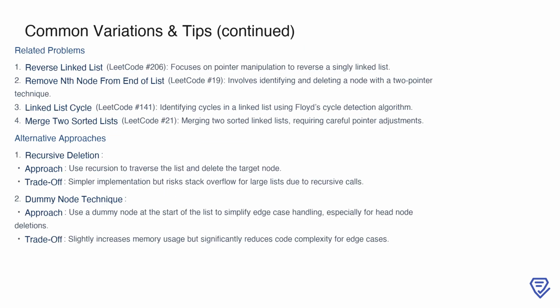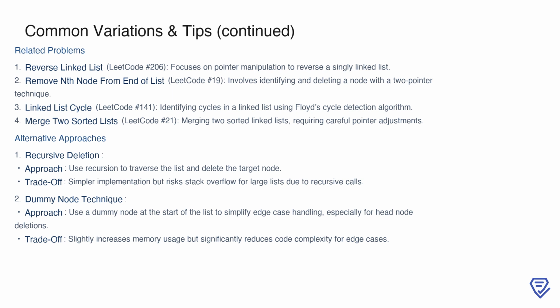Linked list problems often overlap in terms of techniques and concepts. For instance, reversing a linked list, as seen in problems like LeetCode number 206, relies heavily on pointer manipulation. Similarly, removing the nth node from the end of the list, such as in LeetCode number 19, commonly employs the two-pointer technique to locate and delete the target node. Detecting cycles in a linked list, as in LeetCode number 141, involves algorithms like Floyd's cycle detection. Another related problem is merging two sorted linked lists, as in LeetCode number 21, which requires careful pointer adjustments to